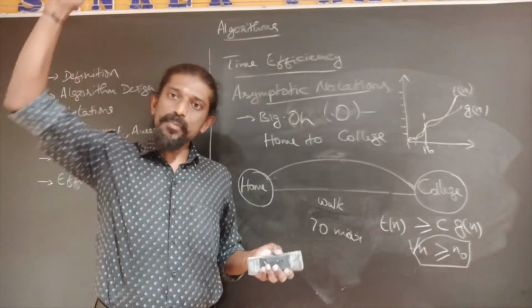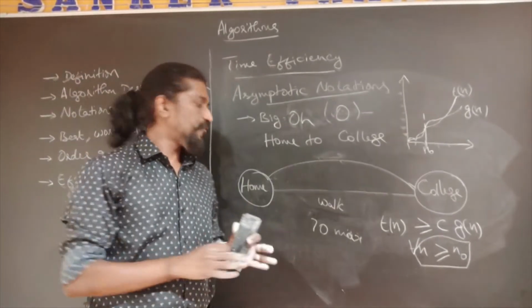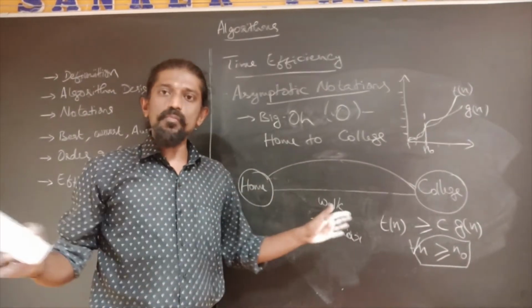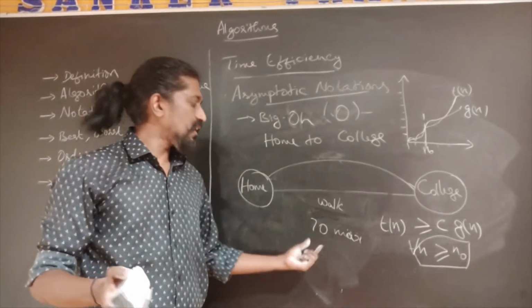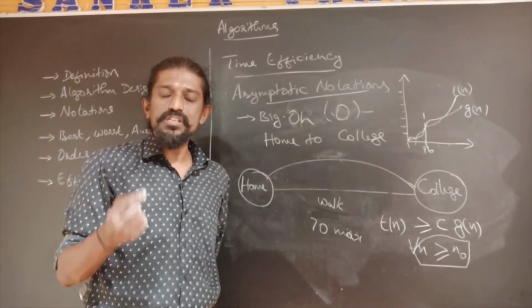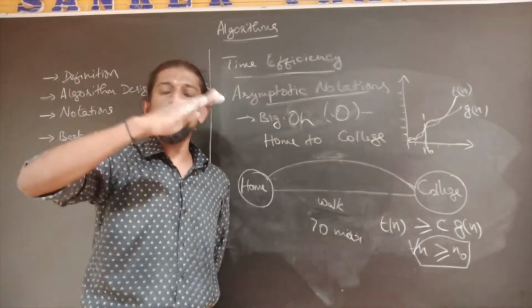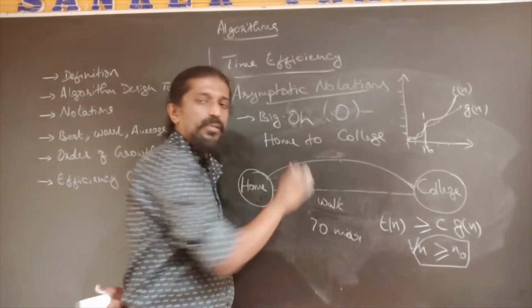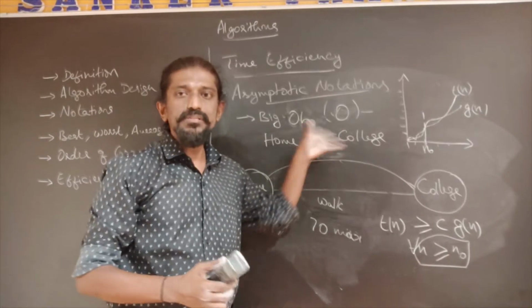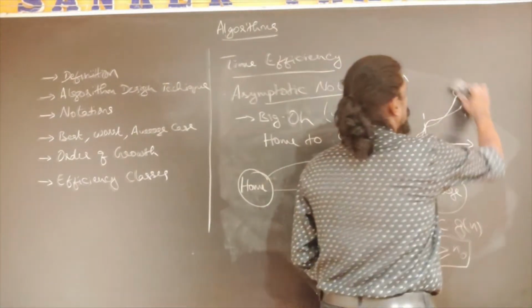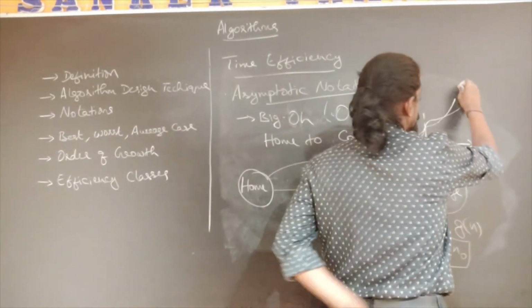So you are telling the upper bound, this is the maximum effort that I will require to solve this problem. More than that is not at all required for me to solve the problem. So nobody else can come and tell it requires 71 minutes also, or 70 minutes 1 second also, because you are telling an upper bound. Using some other algorithm design technique, this bound may be something different. So therefore here we are telling an upper bound, and we can simply interchange the curves.